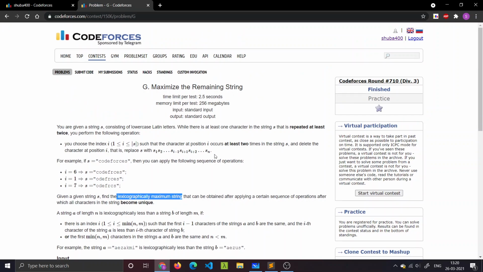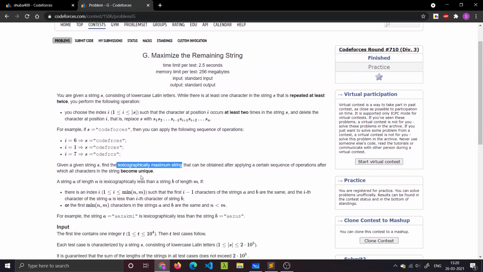Now, when I was solving this question, the first thing I started working on was, okay, I have an answer string. How can I make sure that it is lexicographically maximum?